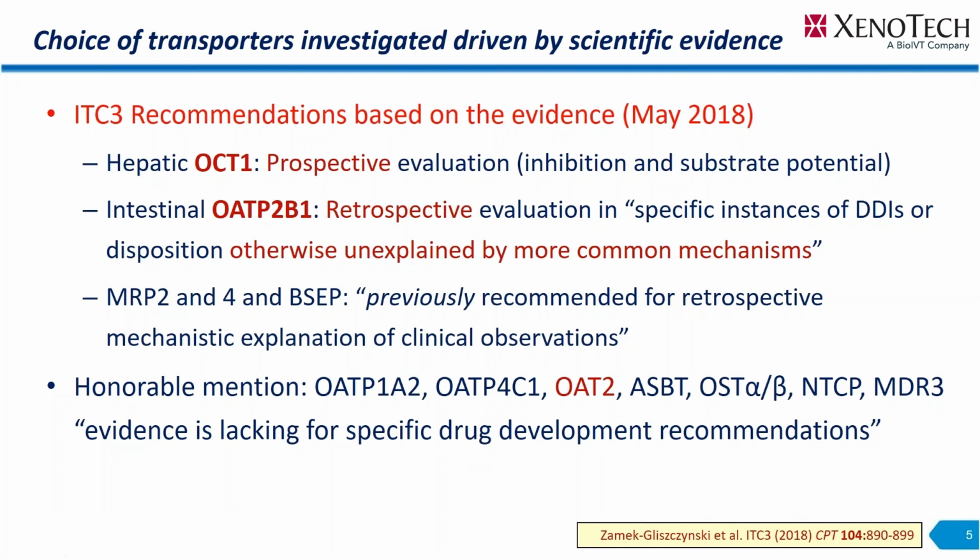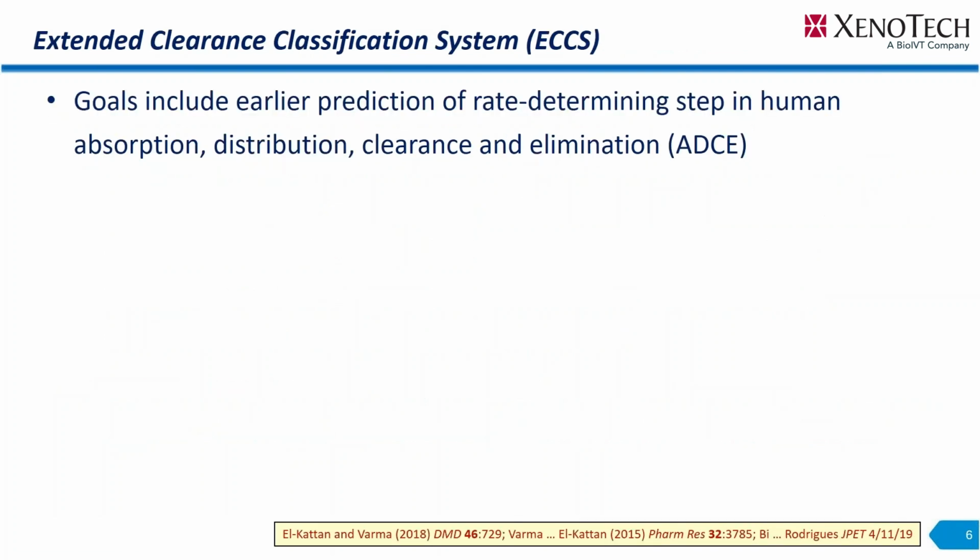So that means not that you shouldn't look at those, but that when you have reason to, it makes sense to go ahead and do it, follow the evidence. So I want to, as I mentioned, briefly cover the extended clearance classification system because I'm going to be talking about some of these drugs in terms of their